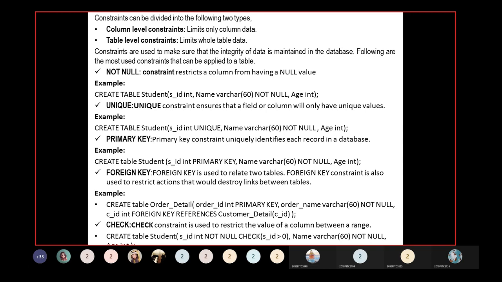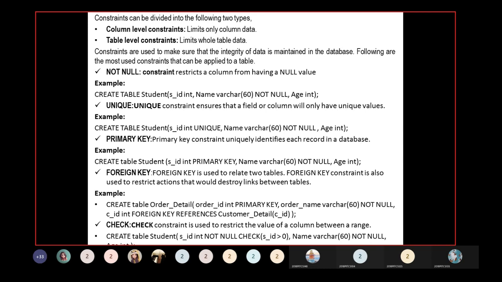A table level constraint limits the whole table data. The constraints are used to make sure that the integrity of the data is maintained in the database. The following are the most used constraints that can be applied to a table.